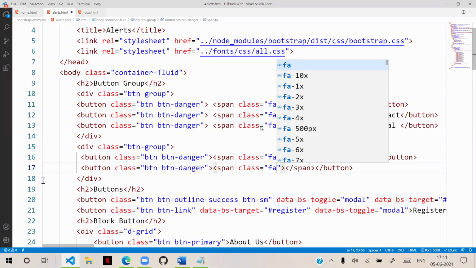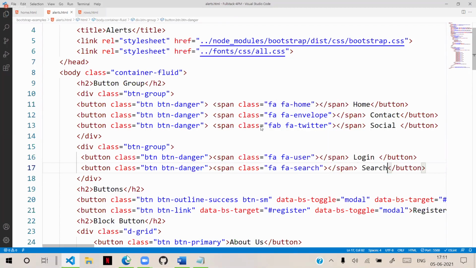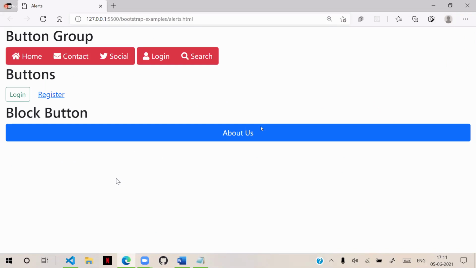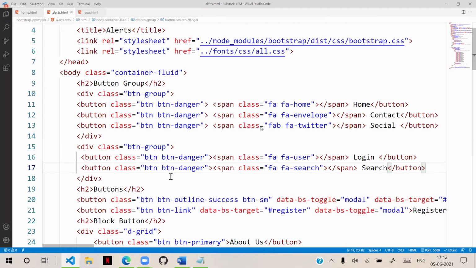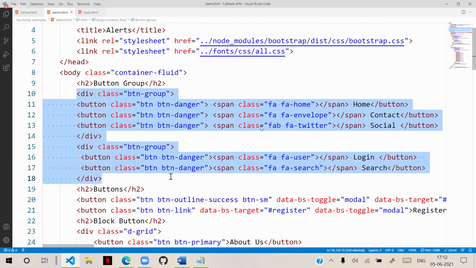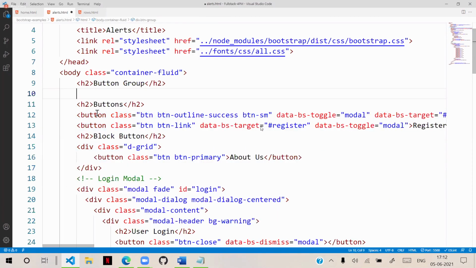Okay. Now these are two button groups we are having. You see, these are two buttons. So two separate button groups we are having. One group contains these options, another group this. Generally, when we design such button groups, what we can do is keep these two button groups, but the groups are kept in a div. And for that div, I can use a class called btn-toolbar.